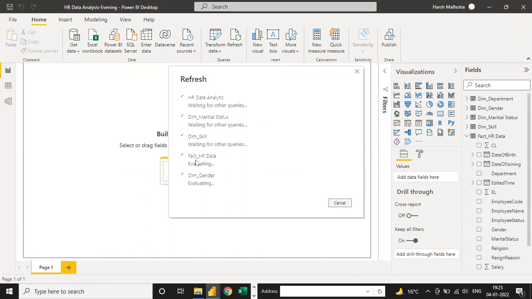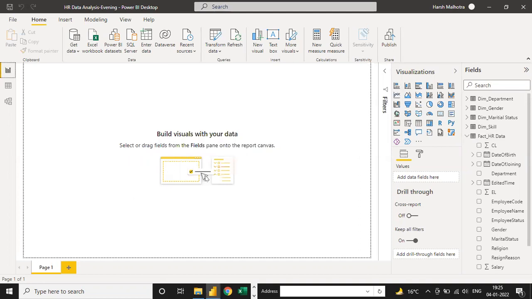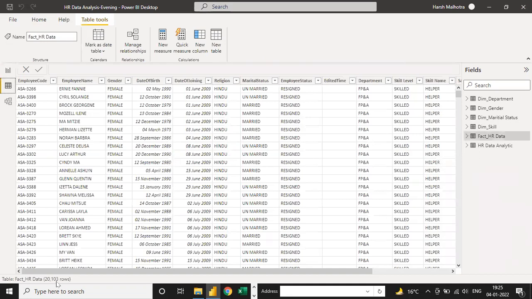And here, in this one, fact HR data, you can see 2104. 2103. 104 is the upper header, so 103 is the data. If you go to this data, see the answer is 2103.